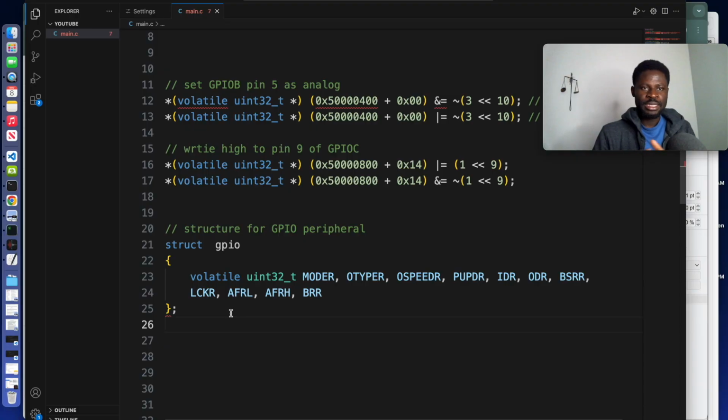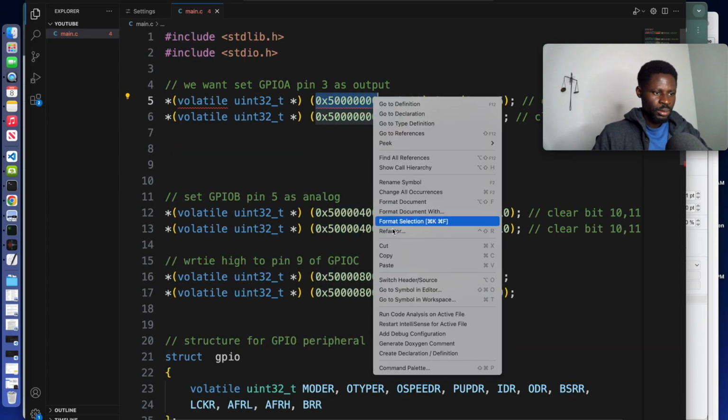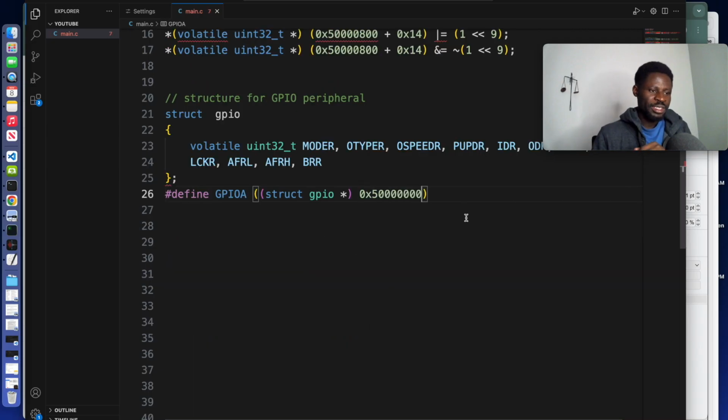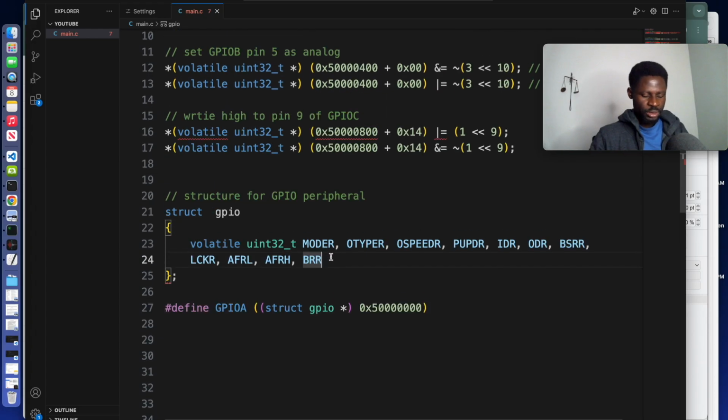That is it. Now after creating the struct, we can just define our GPIOA. Then we will do as we did for here. We need to get the address of GPIOA, then we will cast it to this struct. Write your define properly. We have our struct. We will cast it to point to this GPIO register, and we will get the address. Now this is the address for GPIOA. We just copy it here. Once you have this, you can just create the struct for the others. Now don't forget, this is a struct, so we have to bring the semicolon so that the red thing here